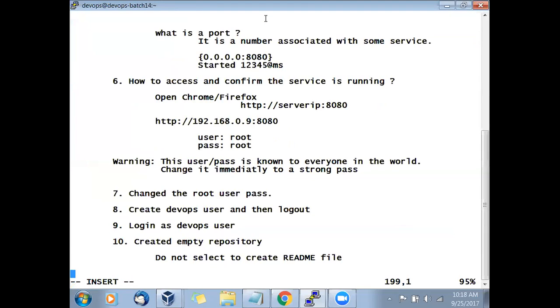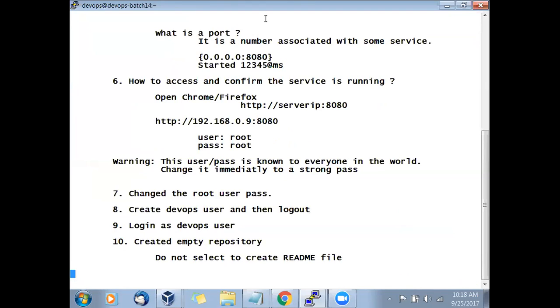So what is the next step? We have created the empty repository without any readme or anything. Okay, so is this clear? Right, so we have set up the repository. Now we want to access the repository from our laptop or desktops.